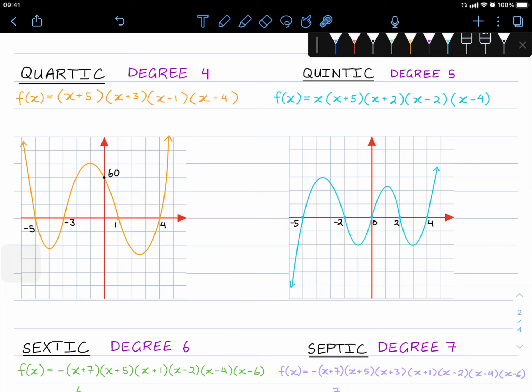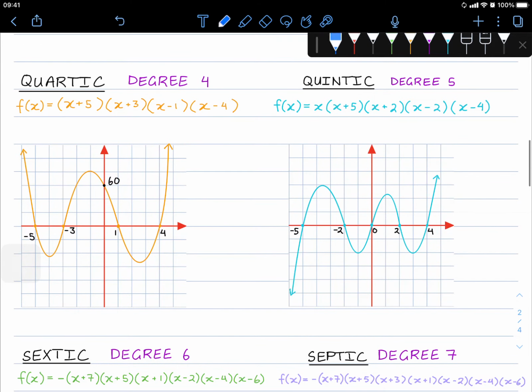Hello class, these are going to be the examples of sketching polynomials. Just quickly going over the features again. In factored form, the values of the factors match where the graph intersects the x-axis. The constant term, or you can find it using the multiplication of all of these, is going to be the y-intercept. And even degree polynomials start and end on the same side, whereas odd degree polynomials start and end on opposite sides. So using those ideas,